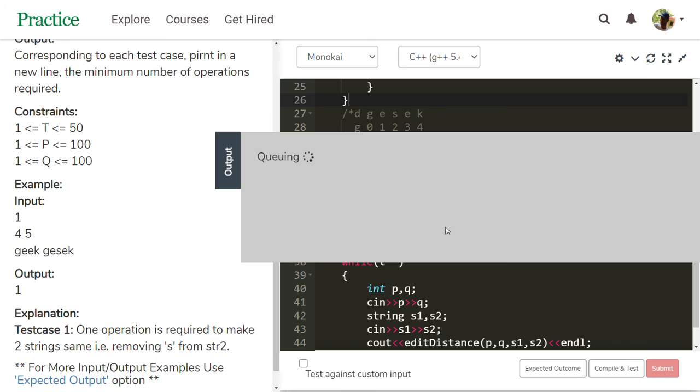Then submit. Correct answer with execution time 0.01.